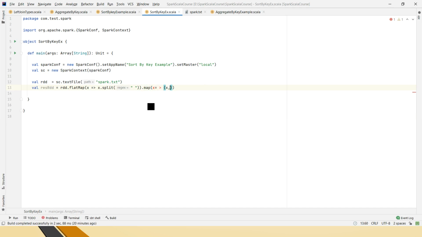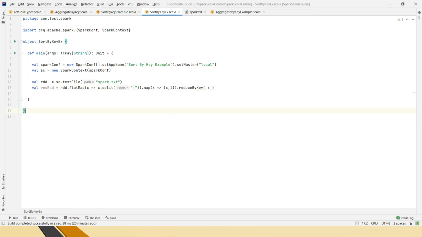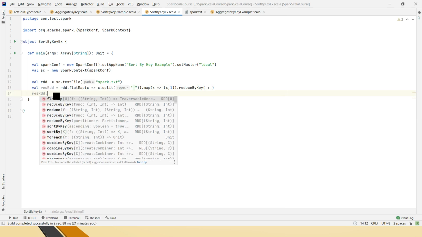Then I am creating a pair RDD so that the counting will be easy, applying reduceByKey for counting the values based on the key. So now let's print this and see the output.